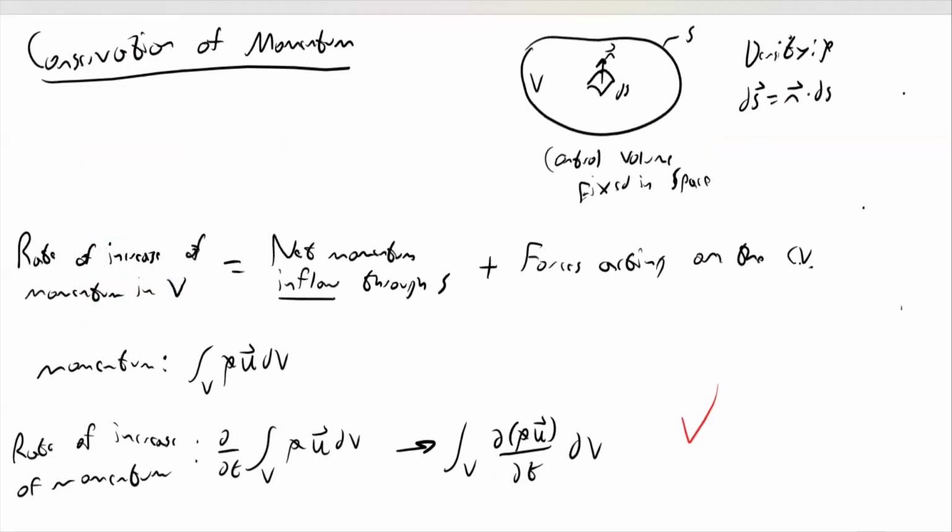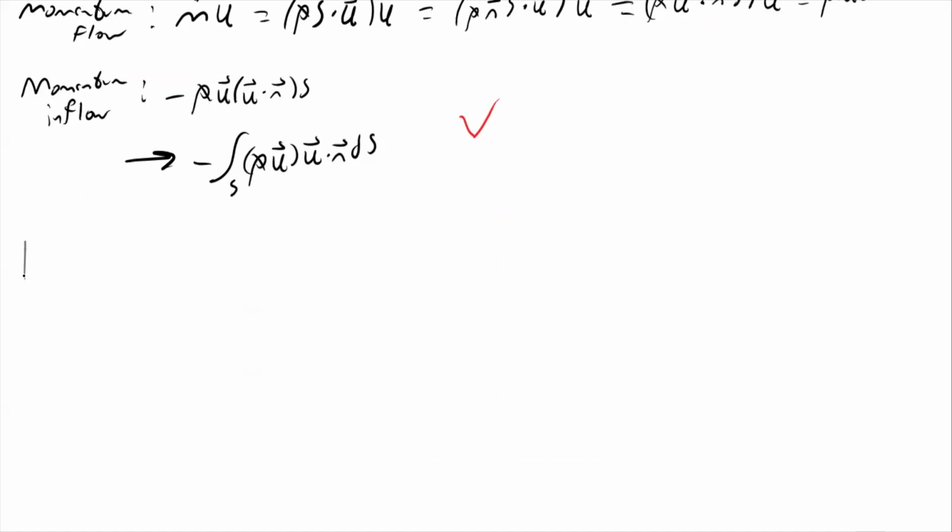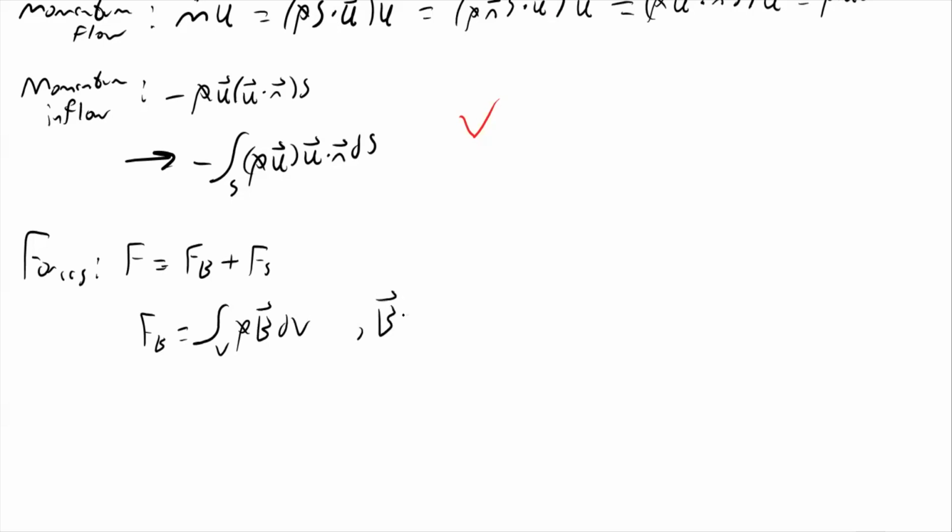But if we look up here, we know that we still need one more thing, the forces acting on the control volume. So we have the rate of increase of momentum in V, and we have the net momentum inflow through S, but we need the forces acting on the control volume. We can break them up into two components, which we'll call a body force and a surface force. The body forces can be written as the volume integral of rho b dV, where b is some